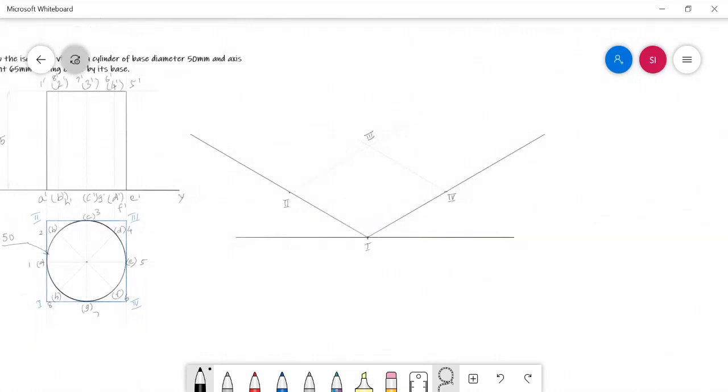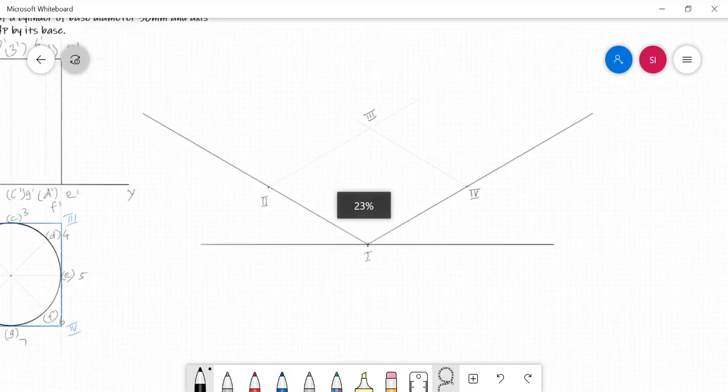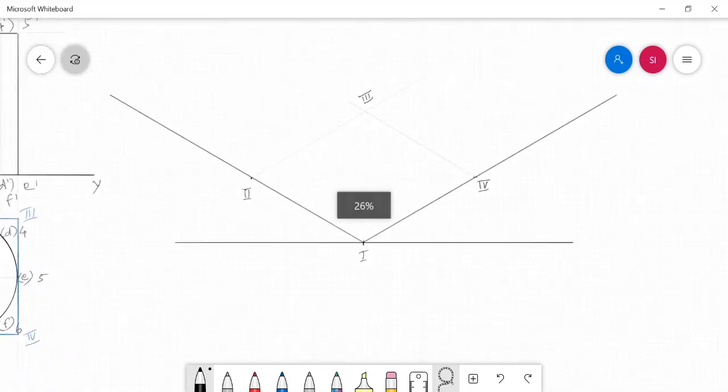Inside that we are going to draw the circle, which does not look like a perfect circle in the isometric view. In order to draw the isometric view of the circular base here, we are going to follow a different method. The name of the method is the four center method. As per the four center method, first we need to mark the center of all the box sides, that is the centers of 1 2, 2 3, 3 4 and 4 1.